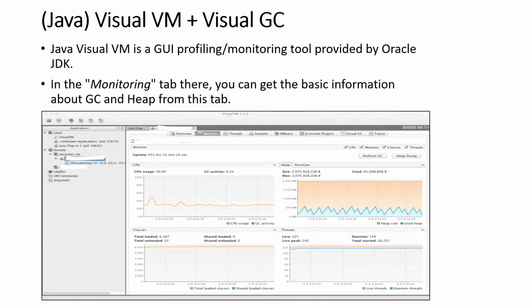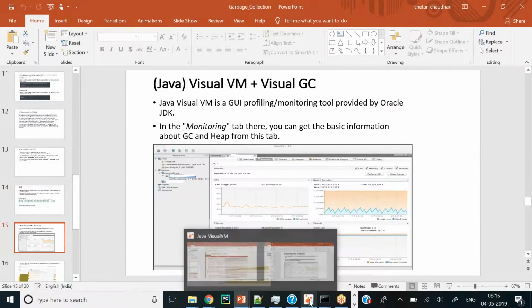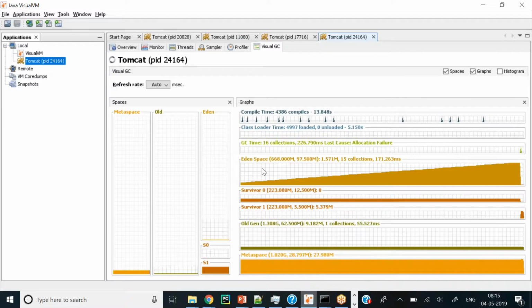Visual GC or Java VisualVM. So this is a tool, the tools are there for simplifying your life, right? So instead of finding out all the commands and running all these things, you can clearly see in the VisualVM what is going on in your JDK. We already explored VisualVM, right? We are already running a VisualVM. Now we can see this Hidden space is already there inside the VisualVM.